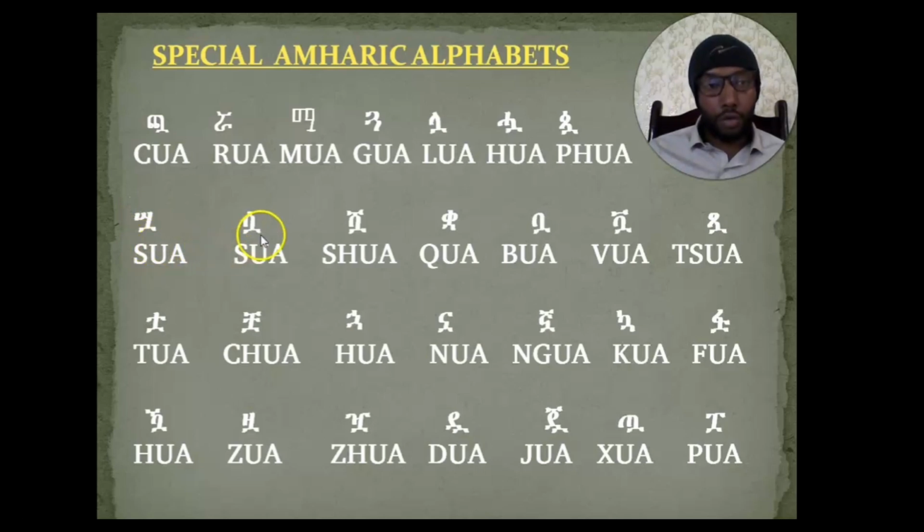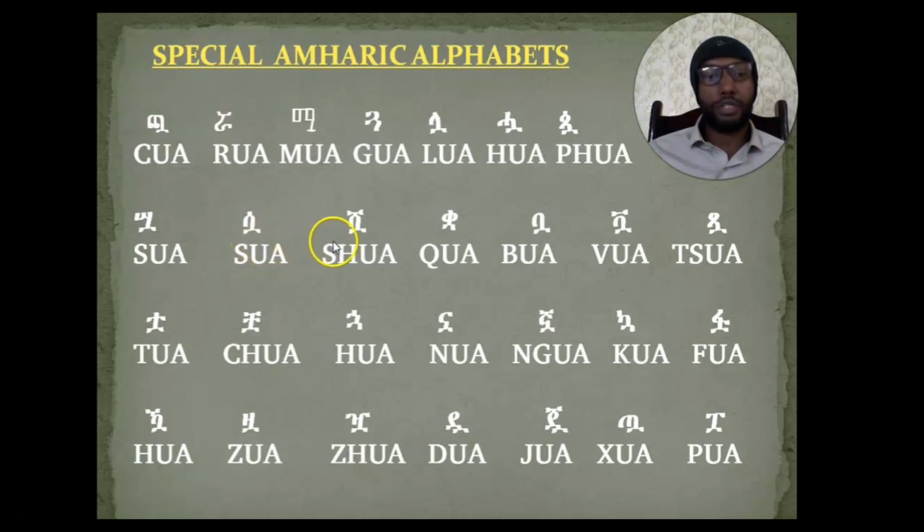Swa. This one is also Swa. We have said that there are two types of Sa, and this one also comes from Sa, which Sa? Negusu Sa. We have said that there is a Sa called Negusu Sa, since it has what? Negus means crown. A king has a crown on his head. So this one, since it looks like a crown, it's called what? Swa. Okay, Swa. And it came from the basic alphabet Sa. So this special Amharic alphabet is called what?